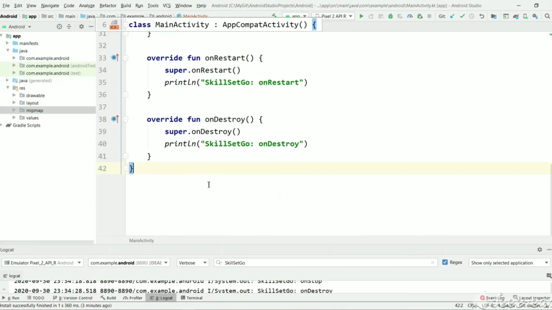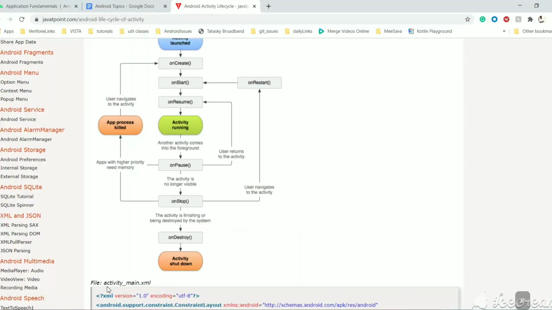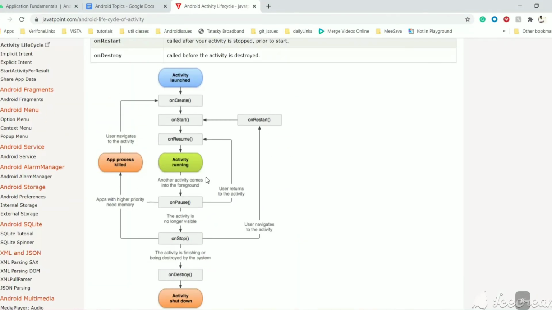I hope you liked this video and understood the life cycle of an activity inside an Android app. So like this, for every activity in an Android app will go to this life cycle. So Android app can have many activities. The first activity can show like login, username, password and the button. As soon as we click a button, it can launch another activity showing any other items after logging in. So in an Android app, we can have different activities. Every activity will go to this life cycle.